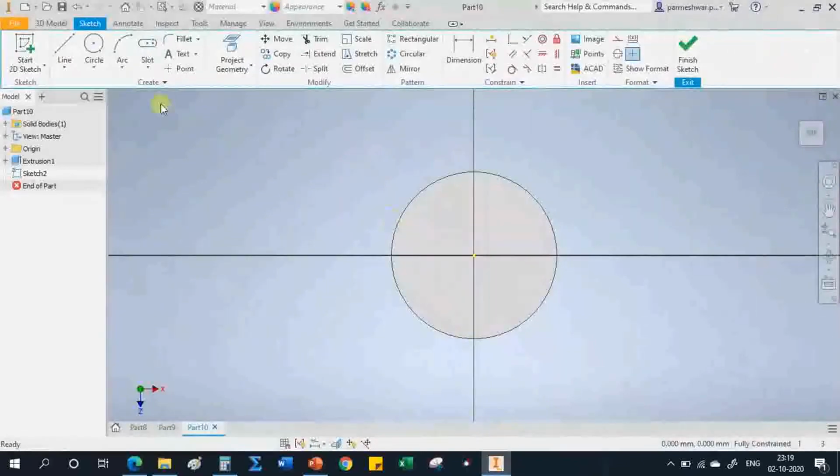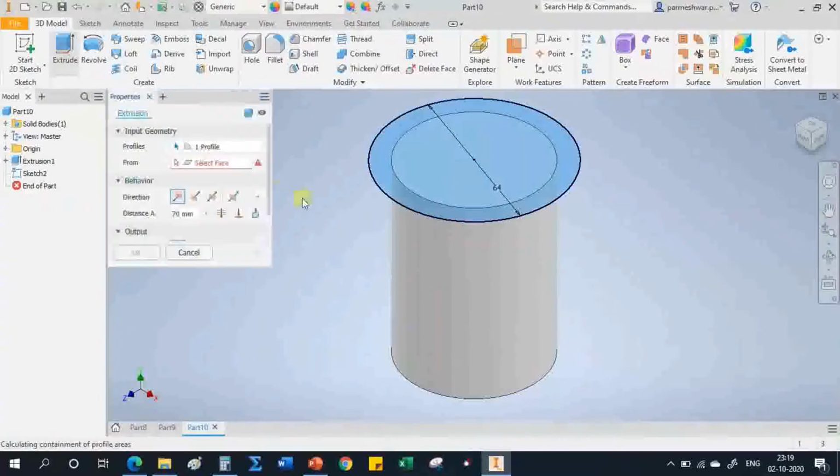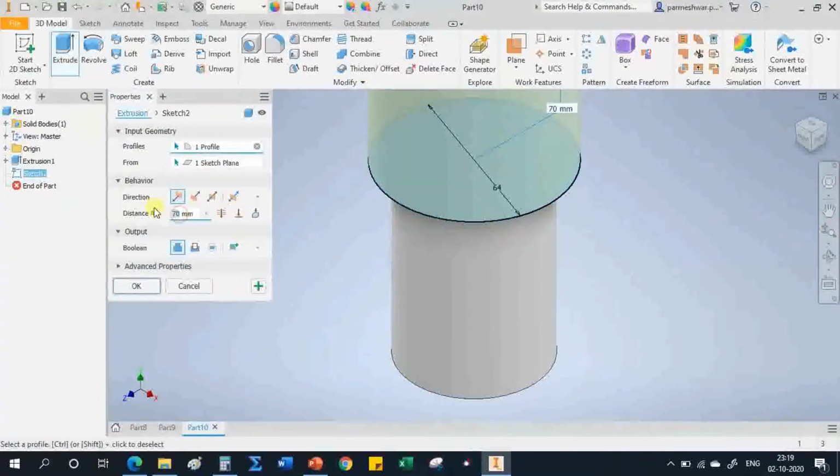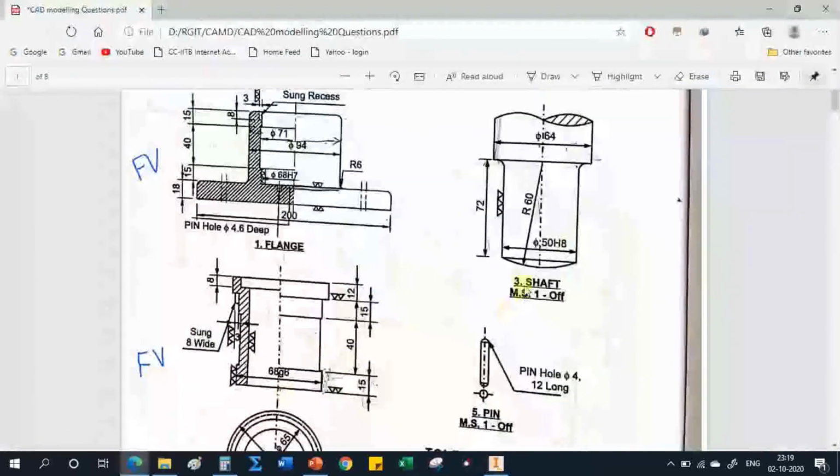Okay, so circle, the diameter is 64, finish sketch, extrude, I'll take here 40. Okay, the extrude length is 40. Okay, now at the end of this shaft, the core-like structure is there of radius 60.